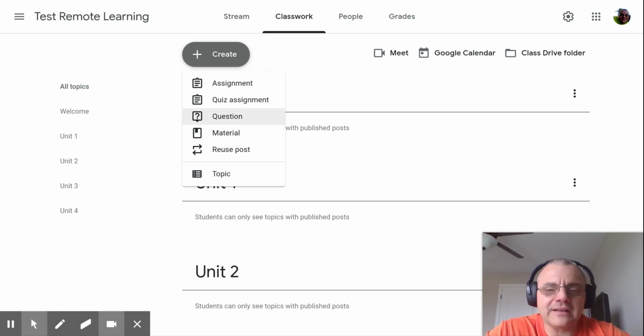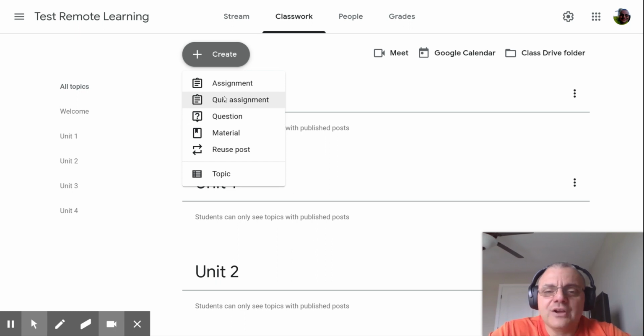They can't do anything. Question is the only place here in Classroom which is like a discussion board. There's only one version of it, and it's nice. I'm not going to complain, but again, traditional LMSs or learning management systems have a more robust system for discussion. So it's one of those trade-offs. Google Classroom is an easy system to use, but you make some trade-offs because of it.